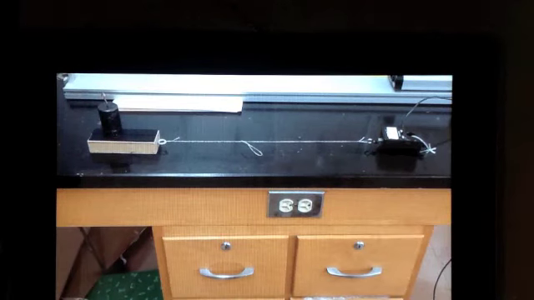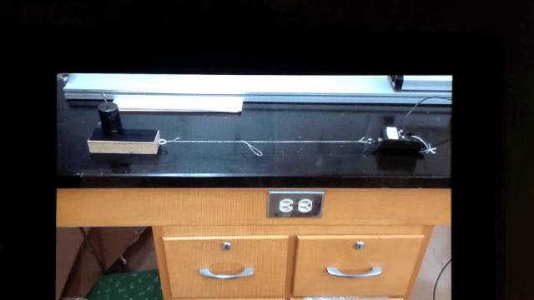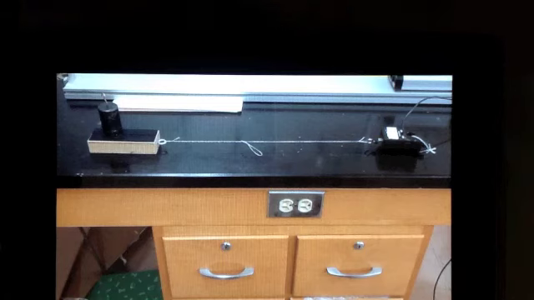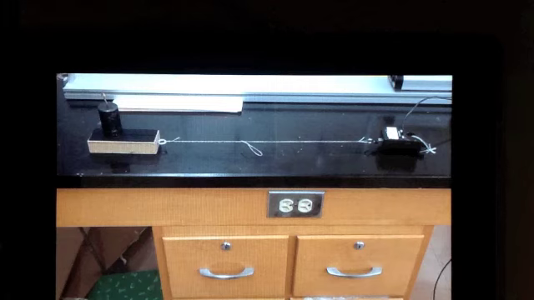This is the initial setup for the coefficient of friction activity. The purpose of the coefficient of friction activity is to examine the relationship between the mass of an object and how much friction force you get when you attempt to drag the object. We will actually measure the normal force, which is directly related to the mass of the object, and the force of friction. We will also compare the difference between the force of friction when an object's not moving and when